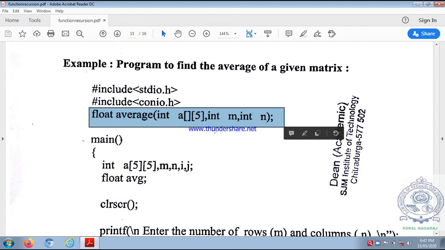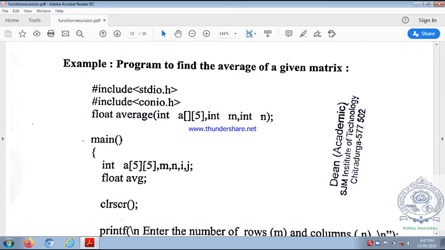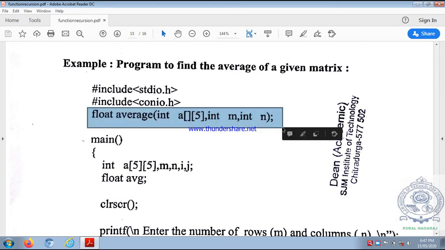So the return type, the name of the function, then the first parameter is an array declaration with the second subscript having a size and the first subscript without size: int a[][5], comma, the number of rows int m, comma, the number of columns int n, and because it is a function prototype, a semicolon.